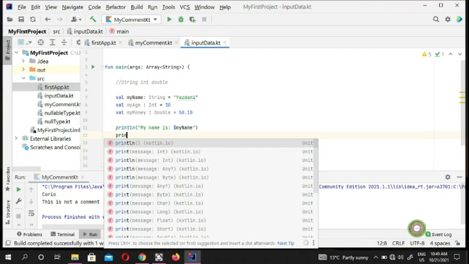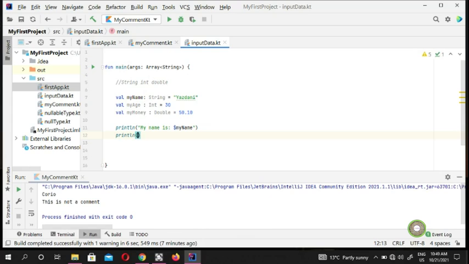Then we go to the second line, println, and I'm going to say my age is, and I put $ my age. Kotlin is very clever. Println, and for the third one, the amount of money I have,